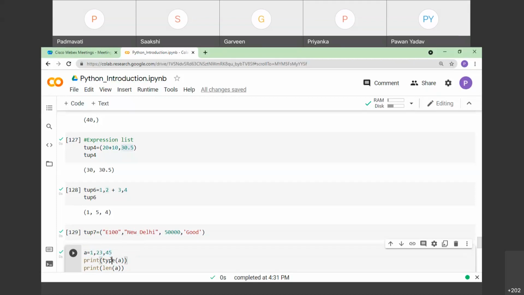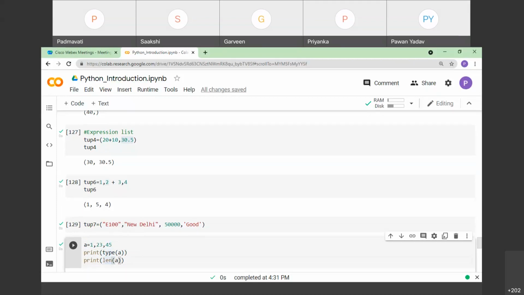That's why I wanted to check the type, and also apply the length on this particular tuple to cross-check. So you can say type of this a, as I said, parentheses are optional, so the type of a will be tuple, and length should be 3 because three different elements are there.